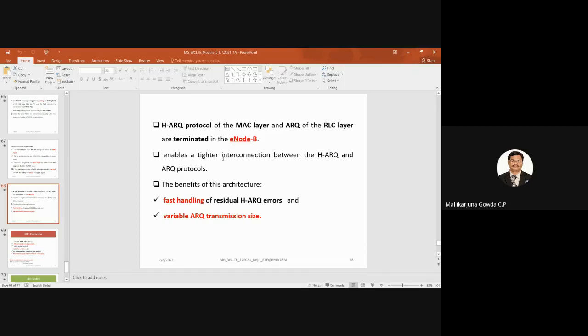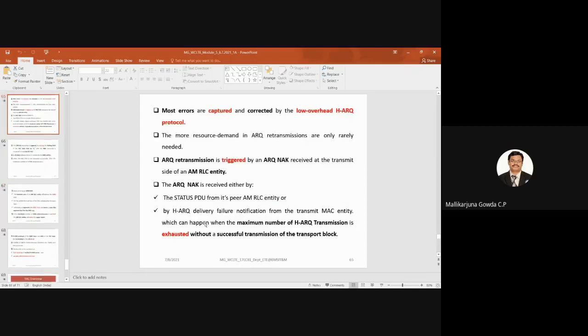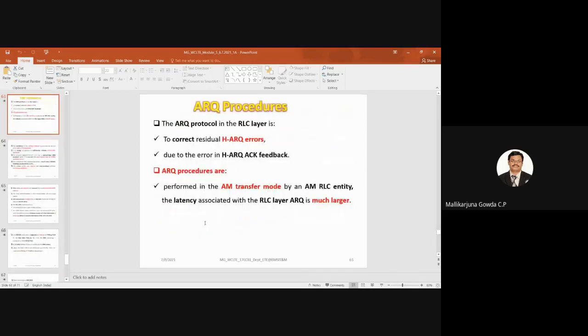The benefit of this architecture is fast handling of residual hybrid ARQ errors as well as variable ARQ transmission size. So this is all about the ARQ and hybrid ARQ procedure in the MAC and RLC layer.